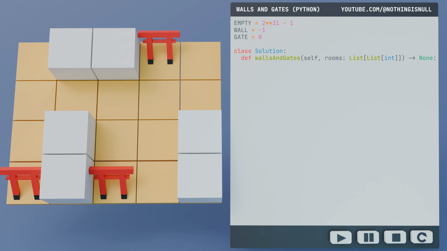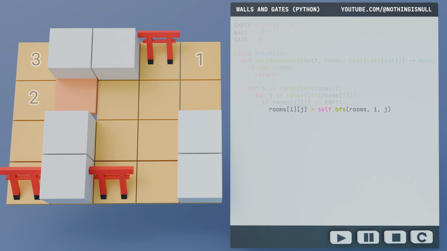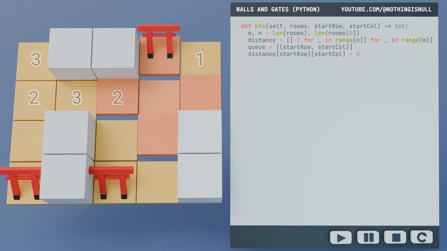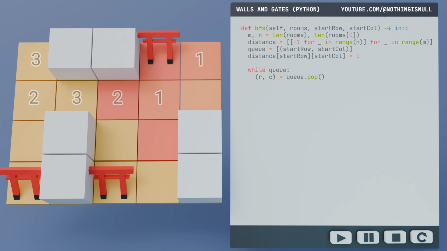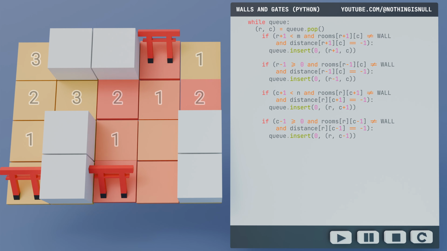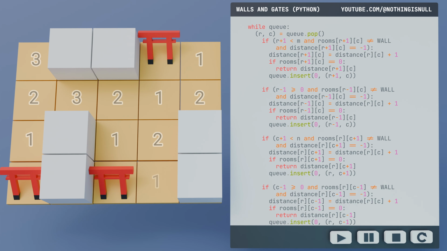The core idea of our approach will be to loop through every cell of the grid, and whenever we find an empty room, we launch a breadth first search and store the result in that cell. Now, the way breadth first search is typically implemented is with the help of a queue. At every step we pop an element out of the queue, and the neighbors that can be visited are added to the queue. If at any moment one of those neighbors is a gate, we break the execution and return